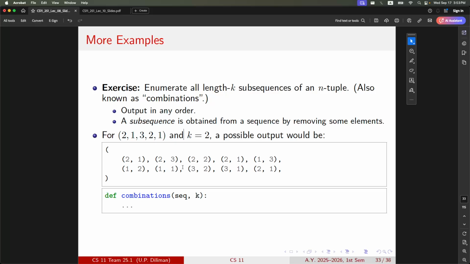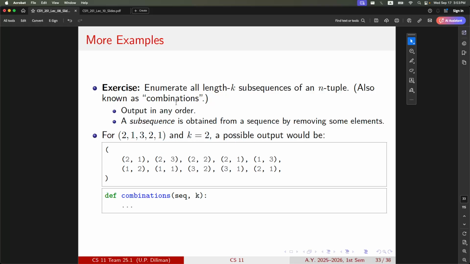So that's how we'll do that. First, what are our choices for the first element of the subsequence? Well, we have all the elements as choices, except we need to stop somewhere. For example, if k is equal to 2, we can only choose these 4 as the starting elements. Because if we choose this as the first element, then we no longer have anything to partner it with